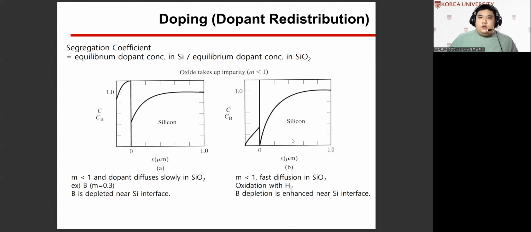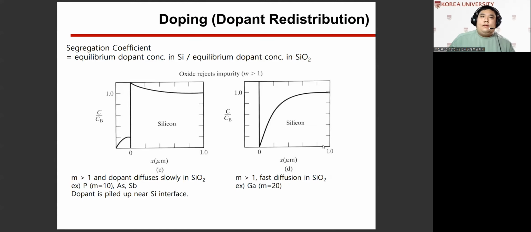The dopants in the silicon get out of the silicon more, and even more dopants are moved out of the oxide. On the other hand, as you can see, the dopants over here tend to stay in the silicon rather than in the oxide. In slowly diffusing oxide into silicon,